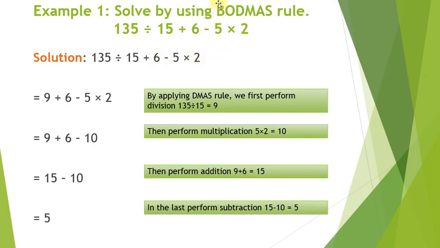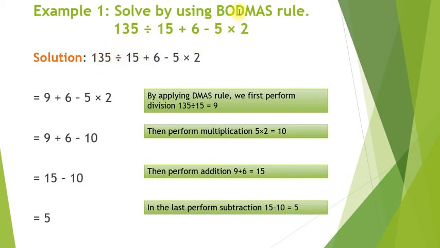As you all know that in the BODMAS rule, the first letter is B, so we have to solve bracket. Is there any bracket in the sum? No, there is no bracket in the sum, so we will skip this letter and come to the next step. O stands for of. Of means to multiply. Is there any of written over here? No, there is no of written over here, so we will skip this step again and go to the next letter, that is D. D stands for division. Is there any division? Yes, there is division. 135 divided by 15.